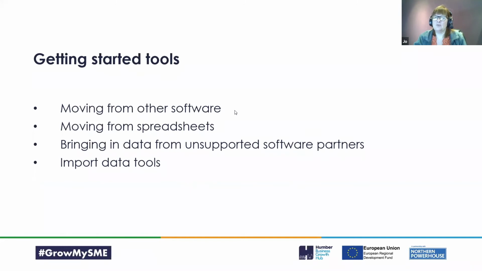Getting started tools. Lots of software will have a migration team that will be there to encourage you to move from another piece of software, and they will then do that for you, often free of charge, only with main pieces of software. So if you've chosen initially to use one of the free guys in the tier 3 providers, typically they wouldn't be supported by a migration team. But if you are moving, I don't know, from Sage to QuickBooks, then there's a good chance that that move would be supported by QuickBooks to allow you to do that more easily.